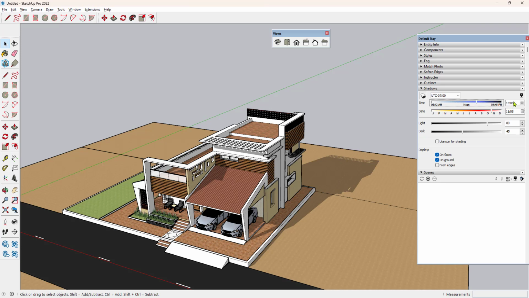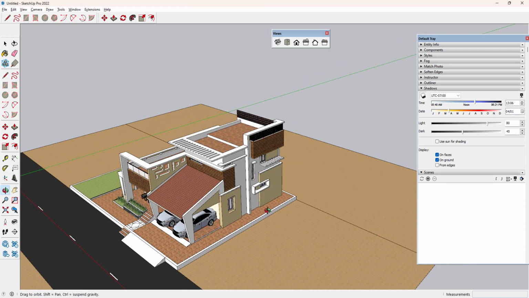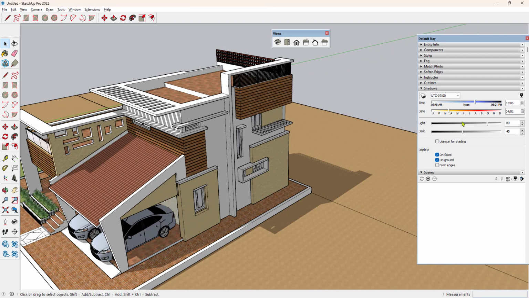Even you can enter the time here and go with the month also, or else you can go with the calendar. You can check the shadow for the future days by clicking here this way. This is how we are getting light and dark shade of the shadow because of this setting.